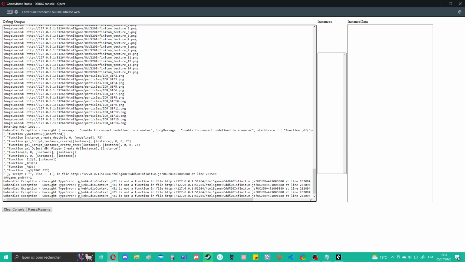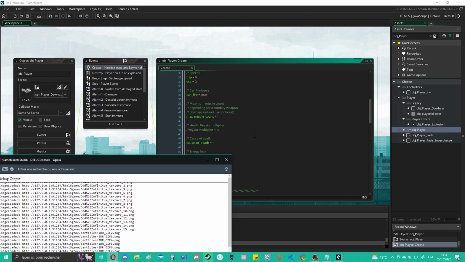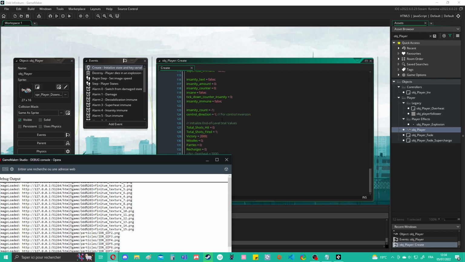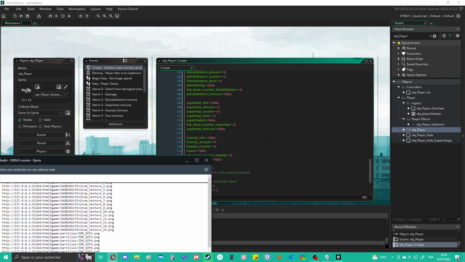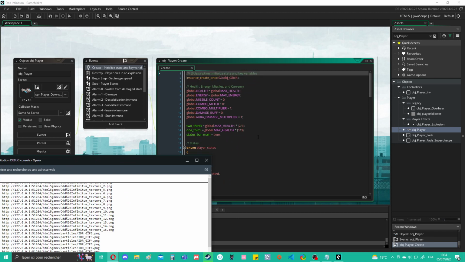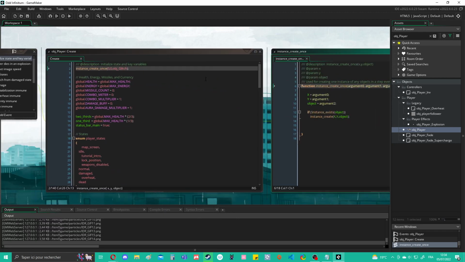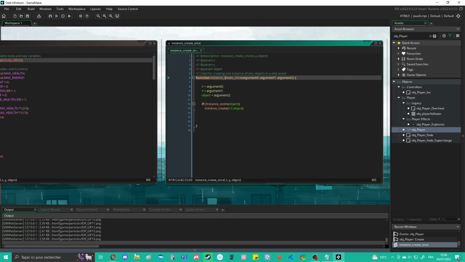Inside there is something that's new to the new debugger. We have what went wrong, instance create ons, that we can find somewhere. Ooh, maybe I missed it. Oh, first line, my bad. Okay, instance create ons